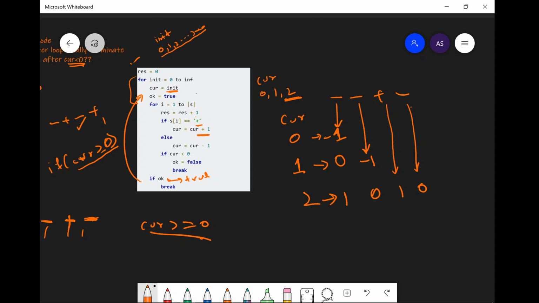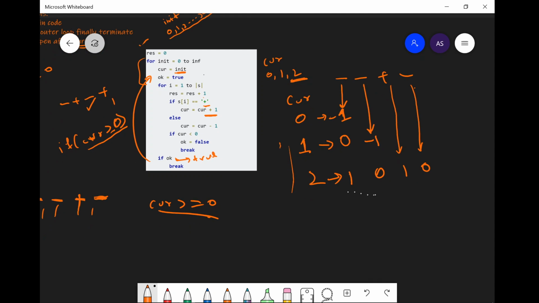So basically this entire thing will execute until throughout this process current is always greater than or equal to 0. And how many times would it be executed? Suppose this was the first time it became negative, so here it will break. So res would be incremented by the number of times we go ahead in each iteration. In this iteration we went just once, filled this value, found it negative, and broke away.